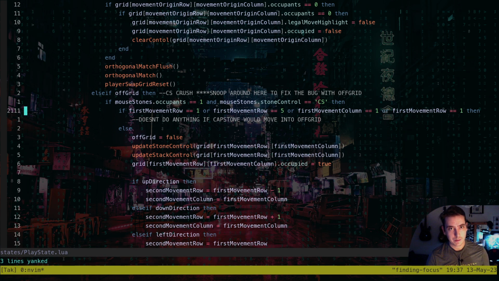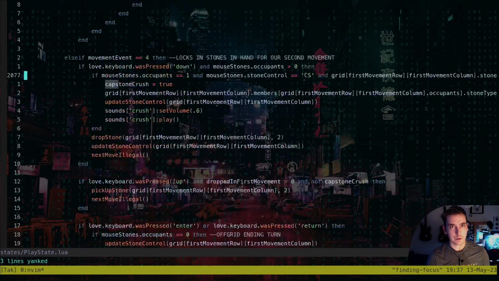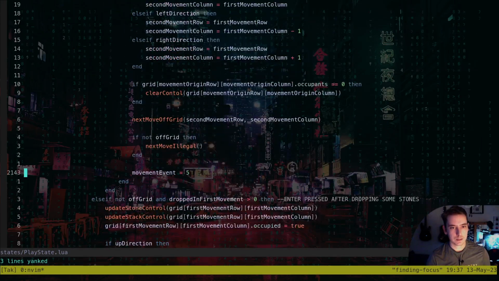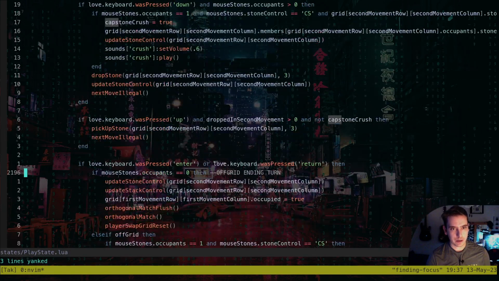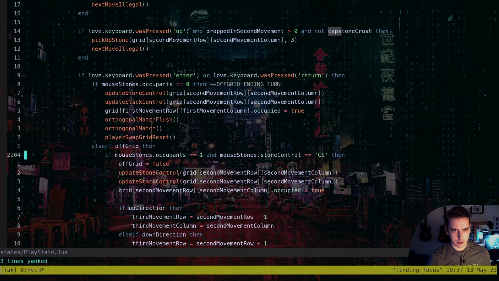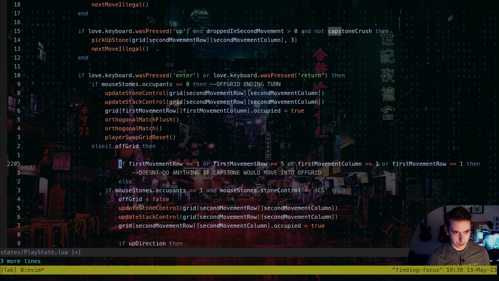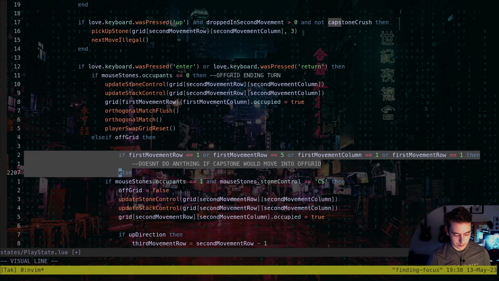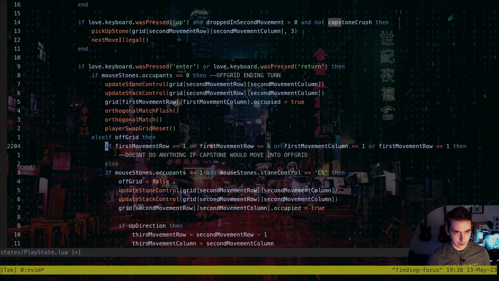It's our first movement event, row and column in movement event 4, but it would be the second movement event in movement event 5. So we go down to our enter press, and for our capstone crush right here, we actually do something before. That something is we ask if our